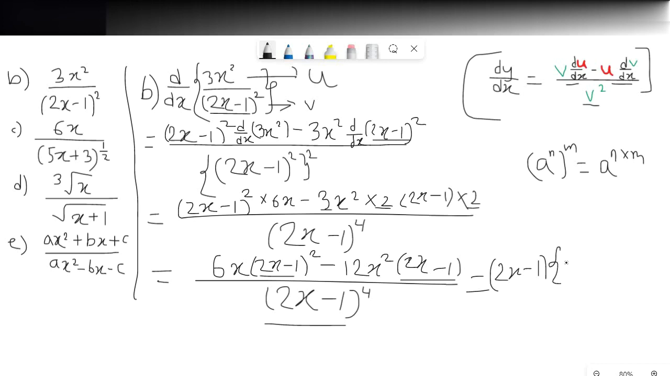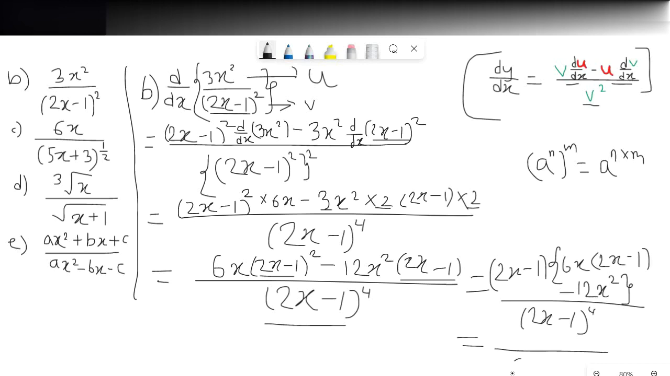So we get 6x multiplied with 2x minus 1, subtracted with 12x squared, and then whole divided with 2x minus 1 whole to the power 4. So finally this becomes cubed, as one of them is cancelled out, and 4 minus 1 is 3, the power is 3,